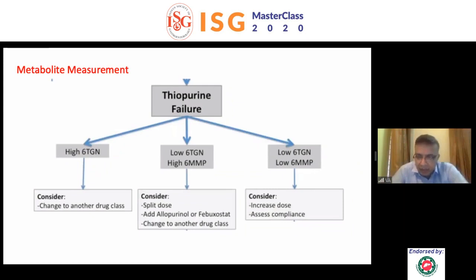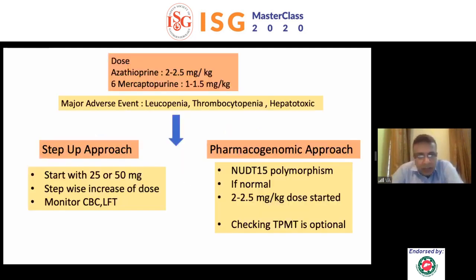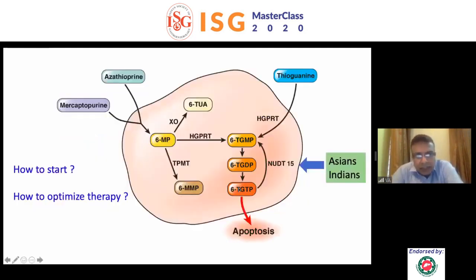Another issue is that if the thiopurines are not working, patient is not responding, you can also check for metabolites, which again are available in select places, but yet at the same time, knowledge of it helps. As we go back to the diagram, the 2 important metabolites are 6-TG and 6-MMP. So if you look at the ratio of 6-TG and 6-MMP, it will tell you whether enough drug is reaching the site of action or not.